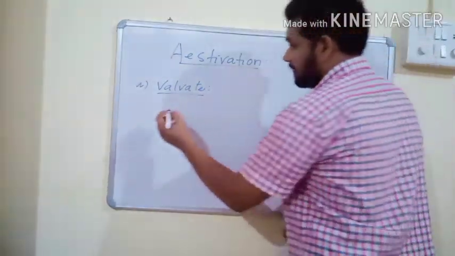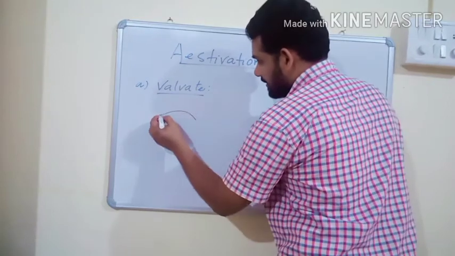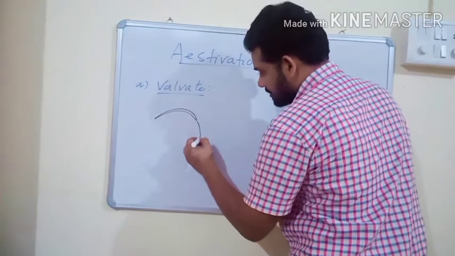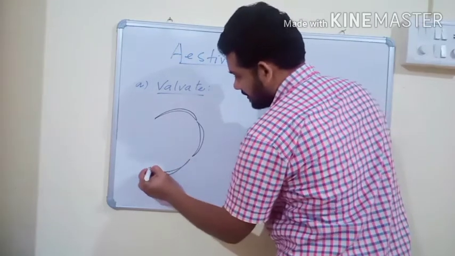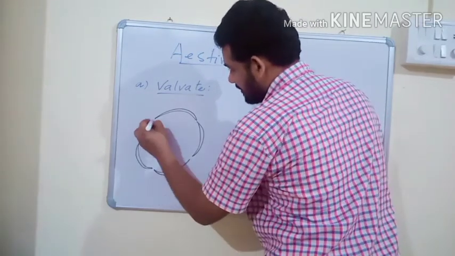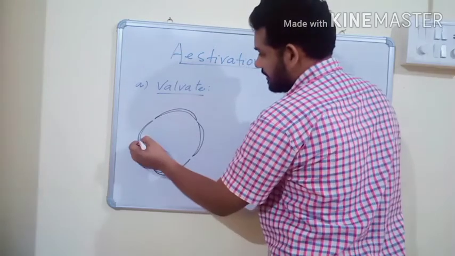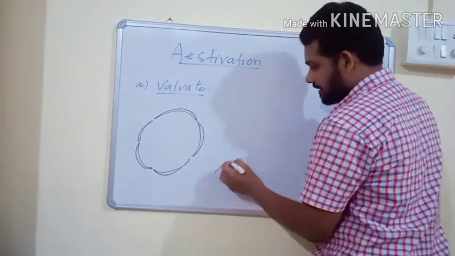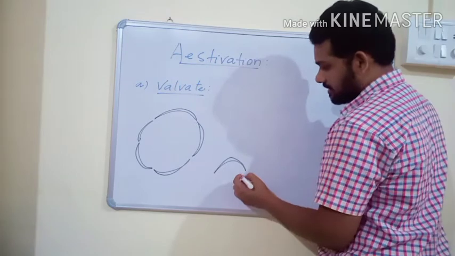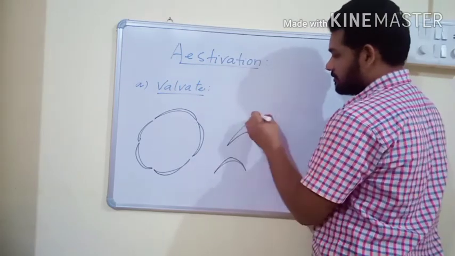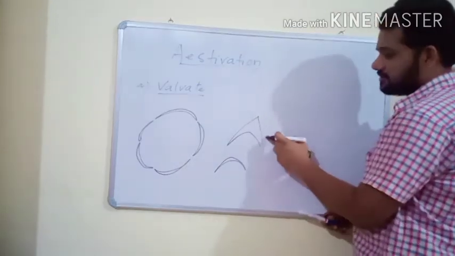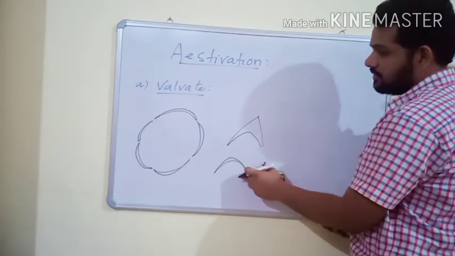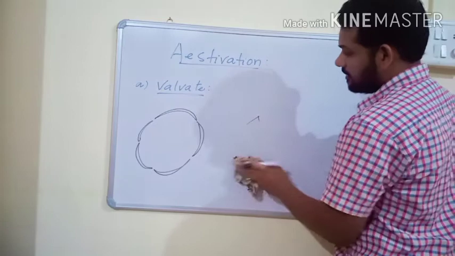For example, this is a petal, this is one more petal, this is another petal, and they are different petals. If it is a petal, then we have to draw it like this. If it is a sepal, then we have to draw it like this. Estivation means the arrangement of sepals or petals with respect to each other of the same floral